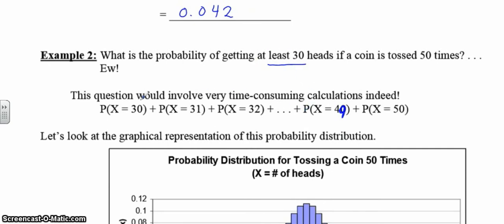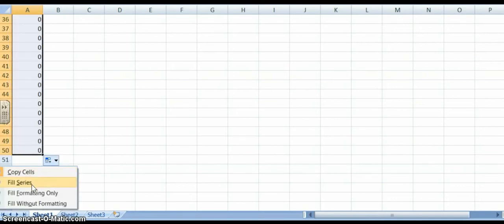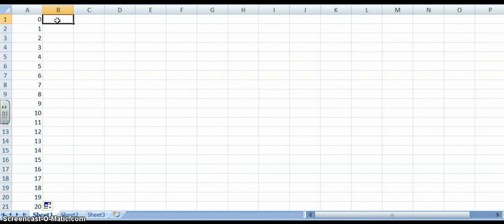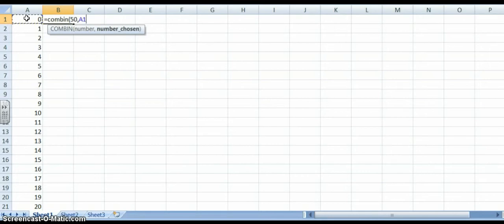So there is one way that you could figure this out without taking too much time, and that way would be to use something like Excel. Now, using Excel, what we can do is we're going to put in the entire probability distribution. So we're going to start with 0 successes, and we're going to go all the way to 50 successes. And we're going to use the binomial formula for each of these. So to do nCr on Excel, you do COMBIN. And the n value is 50, and the x value is this. So we're going to start with 0 successes, and it's multiplied by the probability of success, which is 0.5, to the exponent of 0 successes,